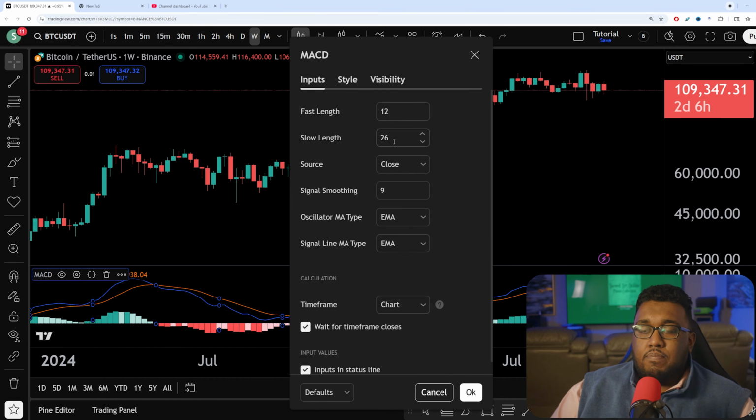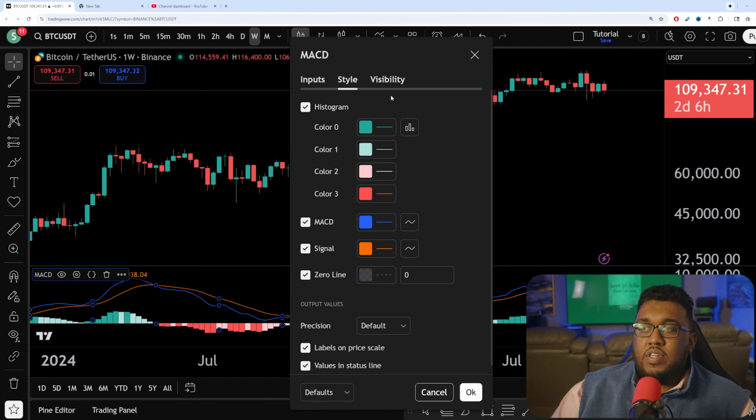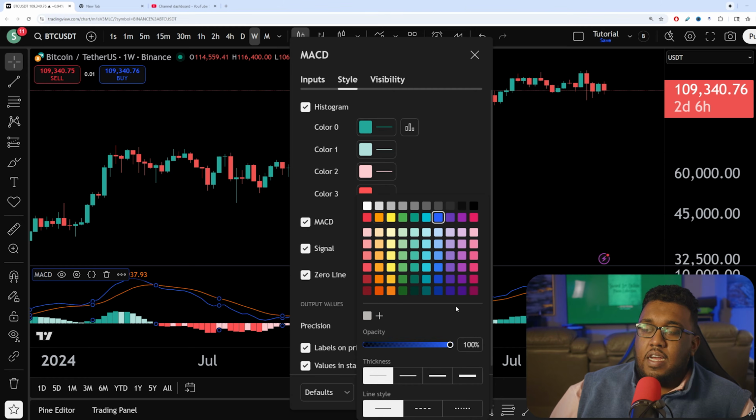Now, before we get started with the individual settings for each type of trading style, we're going to go over to style because all of this is going to be the same no matter what type of strategy you are using. First, for the blue and the orange lines, click on the lines and just make them as